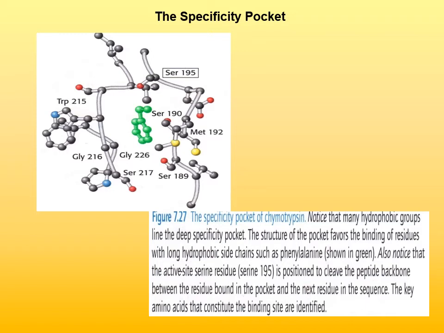It's relatively large, and that means that only a substrate that has a side chain composed of relatively large non-polar atoms or a large non-polar group can nicely fit into this specificity pocket and form numerous hydrophobic intermolecular interactions. And so that's the only one that actually can be held in place by the specificity pocket